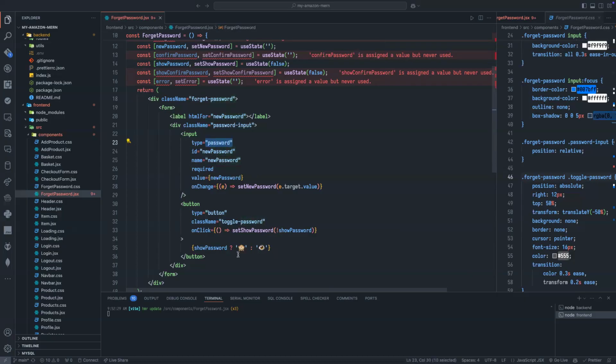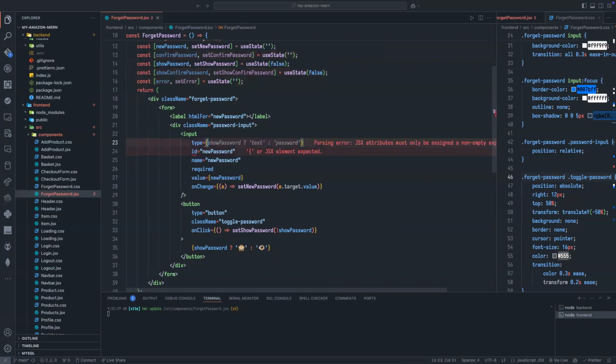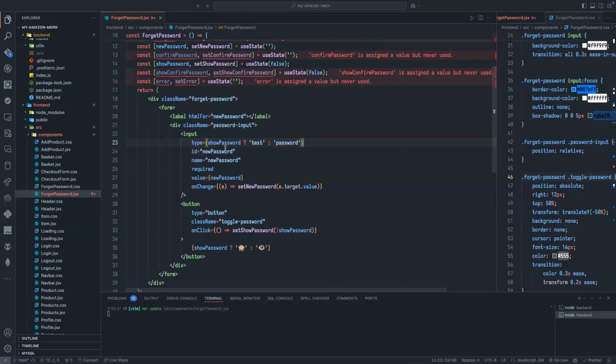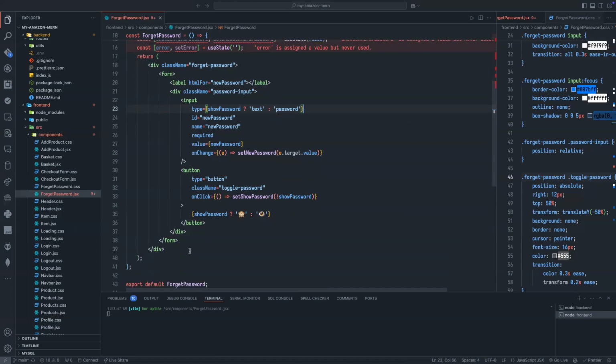Just like this one. Any idea? So conditional. Okay. Yeah, I can run a conditional. So if show password is true, I will make it text. If it's not true, I'll make it password, simple like that. Voila, that's it. And that's simply the first input here, which will be